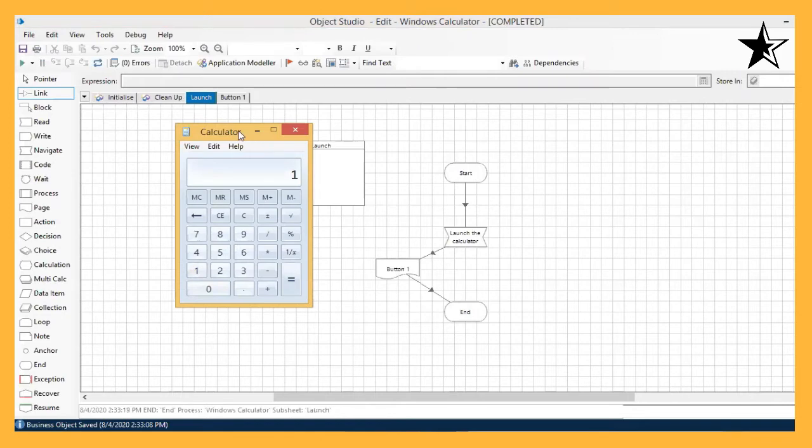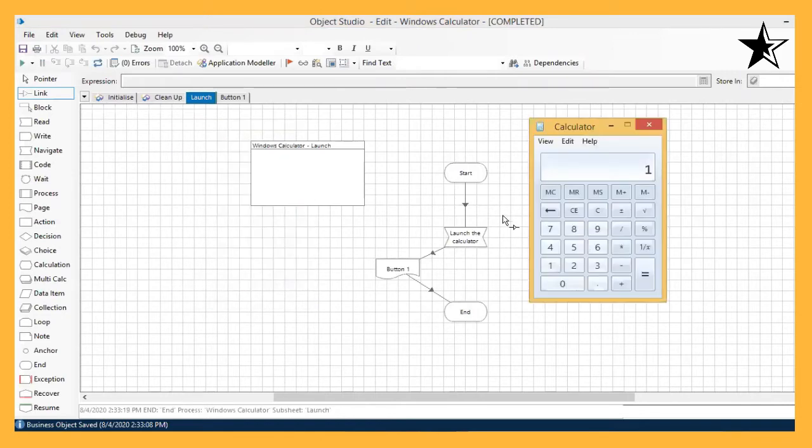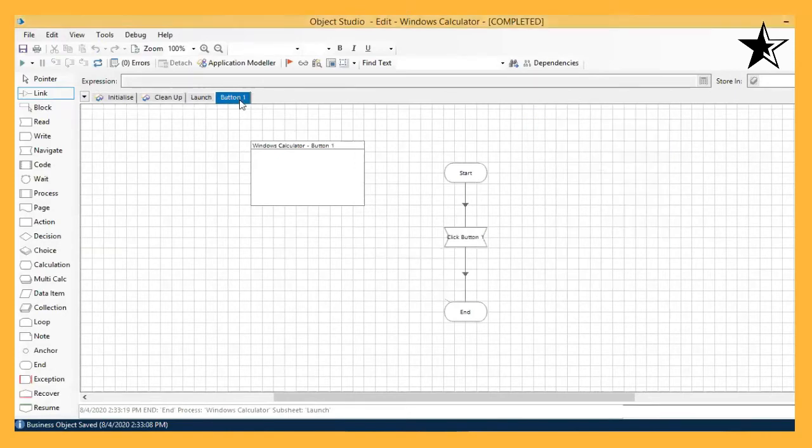Once again, I am just describing what was the mistake. The mistake was that I have not referenced these two pages. So whenever we are using the Object Studio, like in Process Studio, we have done the referencing. Here also we need to do the referencing. So the launch calculator action is going to launch the calculator. I need to reference it to perform the button one click. So the click button one action is going to perform the click button one action.